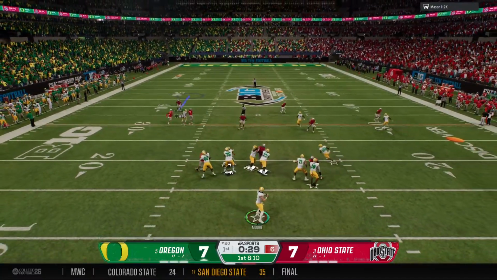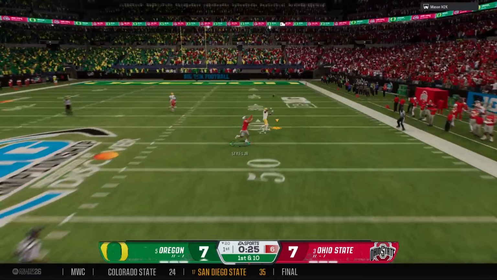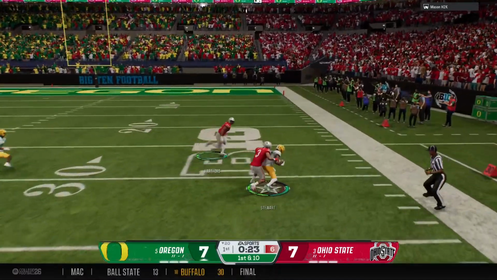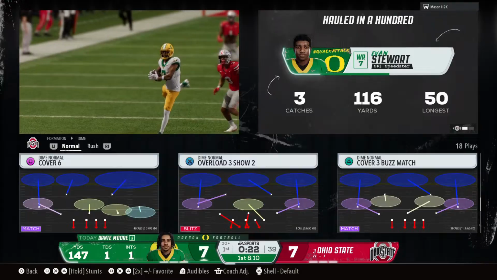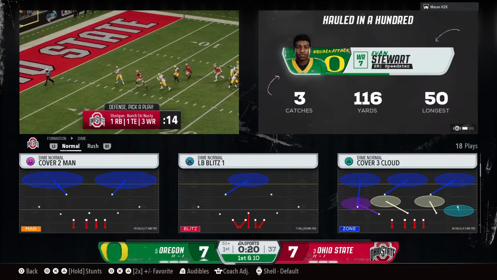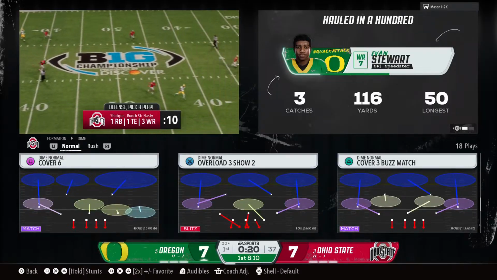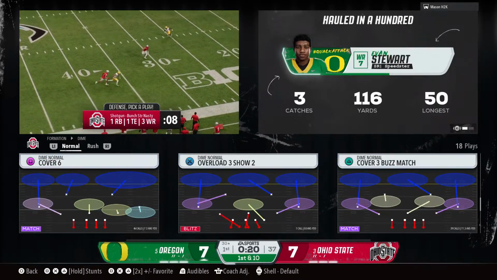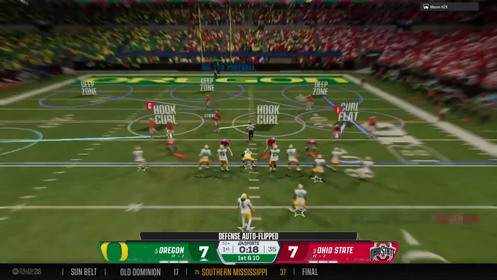Looking to throw it on first down. Looking deep to the right side. And it's hauled in. Catch made way downfield. They bring him down, but not before an explosive play through the air. How about that? The receiver had nobody around him. That's frankly embarrassing for this defense when you let someone deep downfield go completely uncovered.